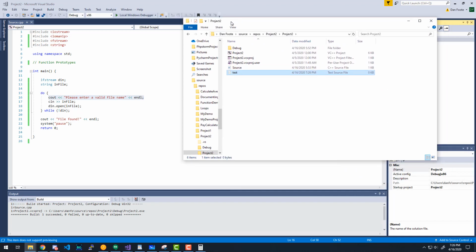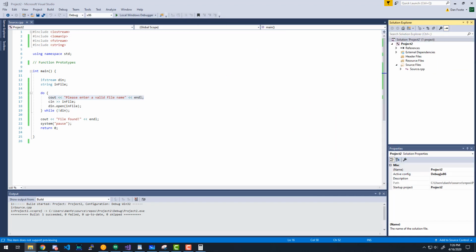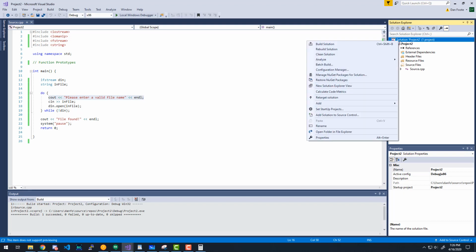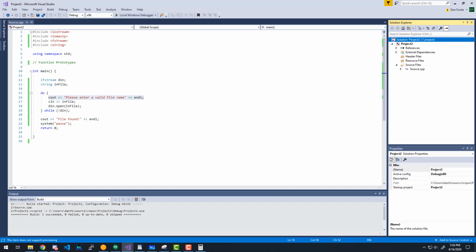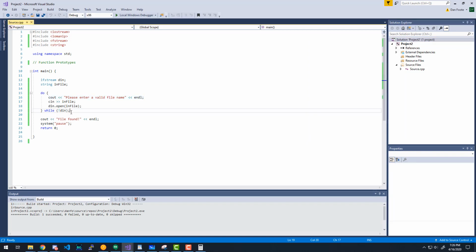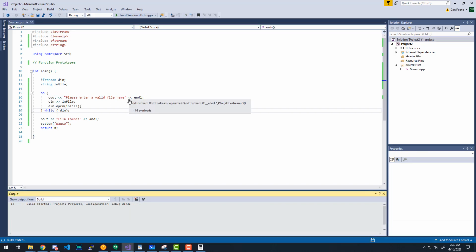I went ahead and created a test.txt file in here so that we can use that as our example. Remember how we can do that: you can just right click on the solution up here and go to open folder in File Explorer. Real easy way to open where your project is. So, okay, if I run this now,